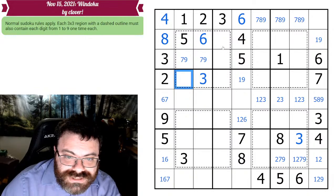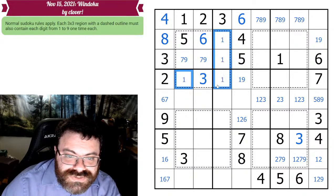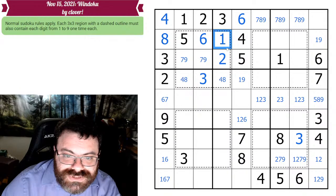I need a 1 in it. That goes in one of these two. So actually, the quad I need is 1, 2, 4, and 8. So this can't be 1 or 2. That can't be 1 or 2. So these can't be 4, 8. This is 2. This is 1. 4,